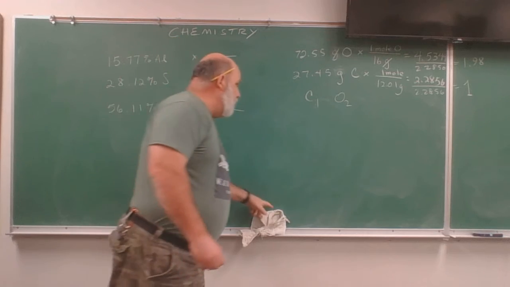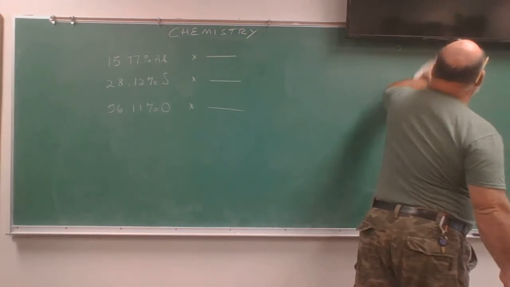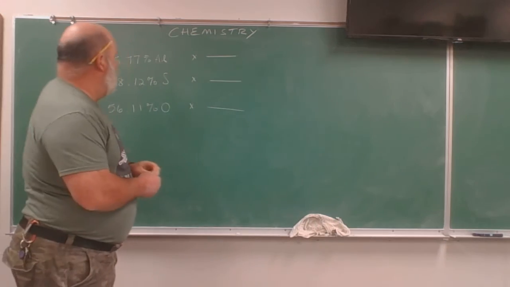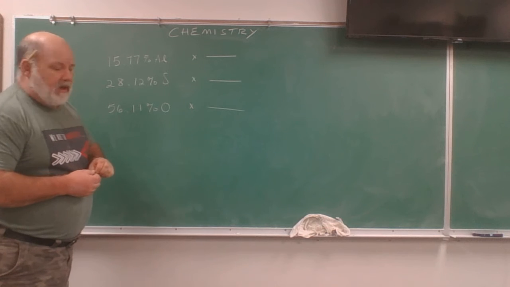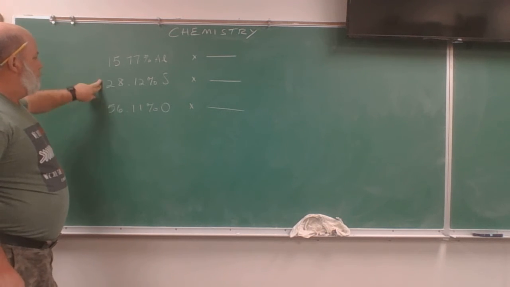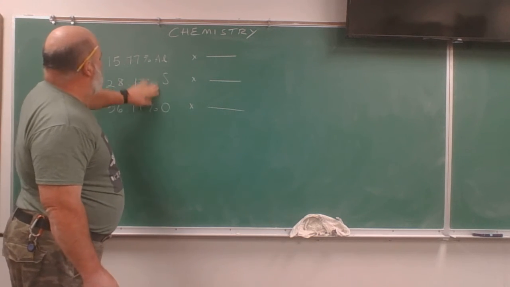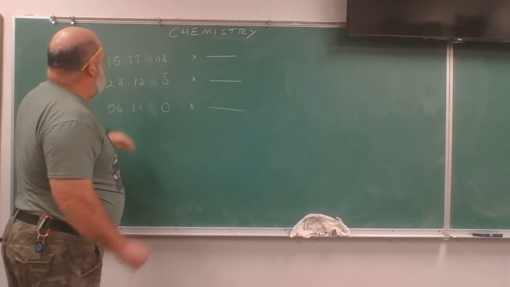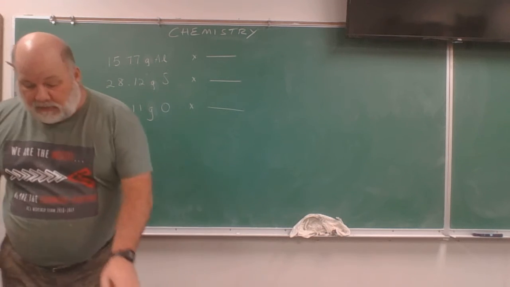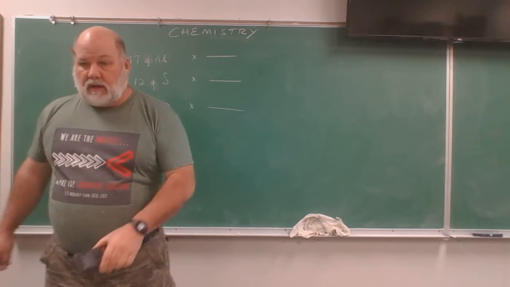We're going to use the aluminum sulfate that we did in the first few problems the other day in that other video. I don't know if I ever called it aluminum sulfate in that. We found that it was 15.77% aluminum, 28.12% sulfur, 56.11% oxygen. We're just going to take those percents and change them each into grams, and then we're going to multiply, there's my calculator that I like,